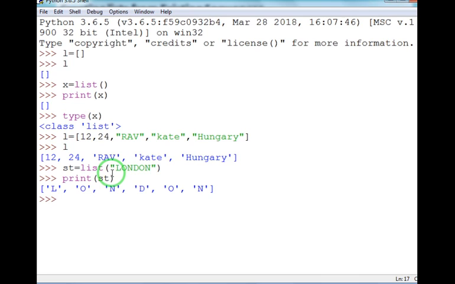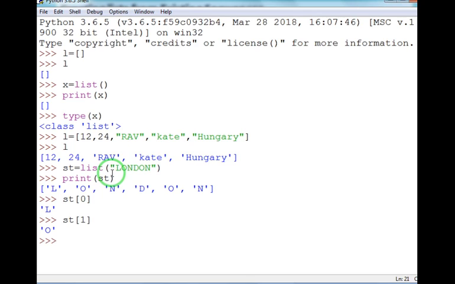If you want to display the first element present in the list, you have to give the command S2[0], because the index number of the first element in the list is 0. It will display L. If you want to display the second element, you have to give 1.